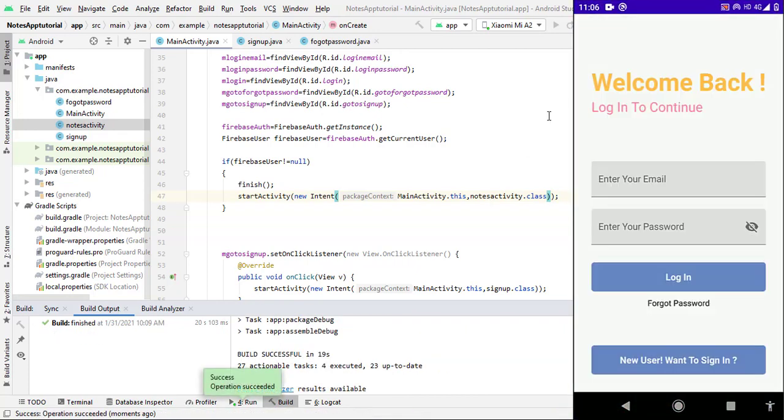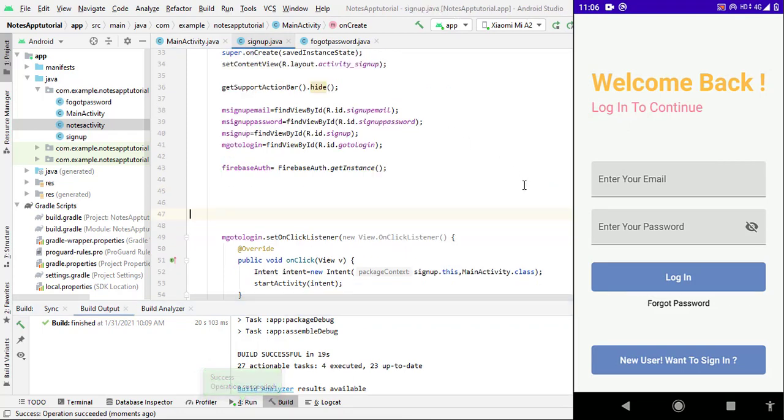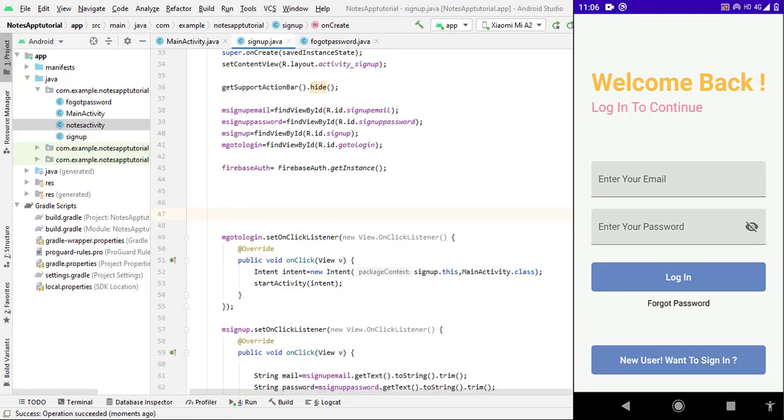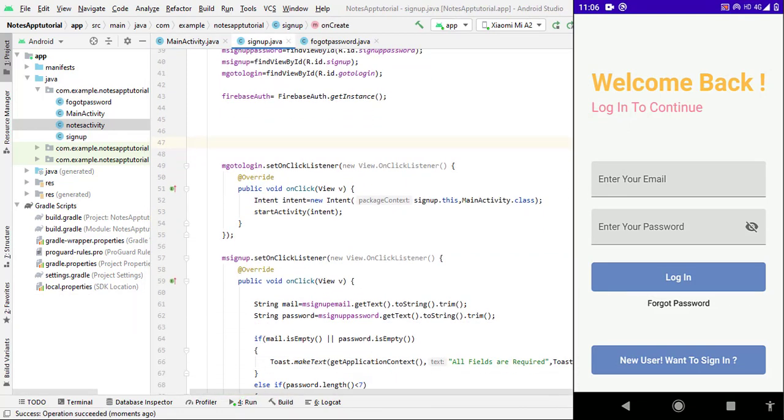First of all, for showing you, I open my SignUp.java. As you already know if you watched the previous video, Firebase always creates a new user, whether the mail is correct or not. So in this part we wrote the code for how Firebase creates a new user, and after creating the new user, how it sends the verification email.